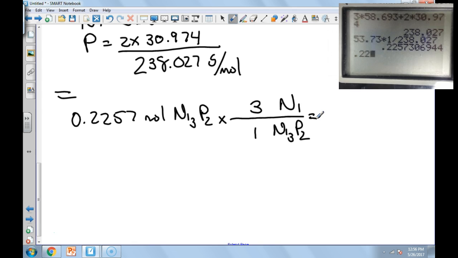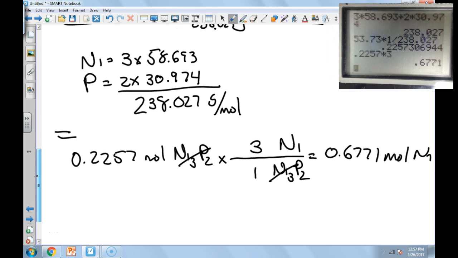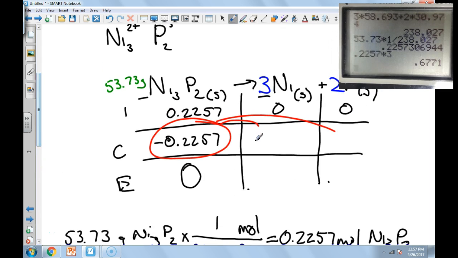We do 0.2257 times 3. I'm not going to actually divide by 1 because that's going to give us the same answer. So it's 0.6771. And the units on that, look, that cancels to give us moles of nickel. Okay, nickel, great. So we're going to take that and we're going to put it here. So we're going to add that because for every one of these that's used up, 3 of these is added, so it's